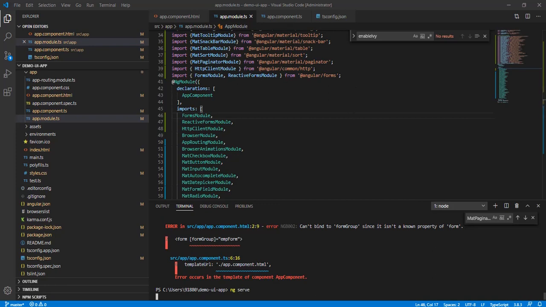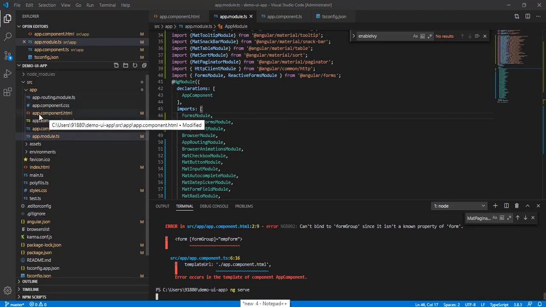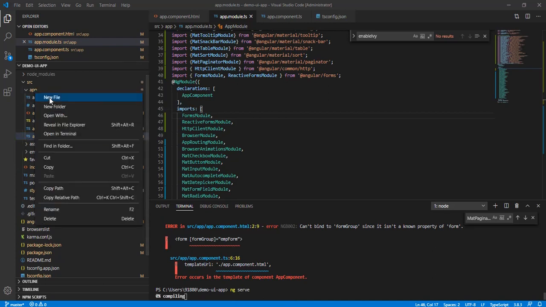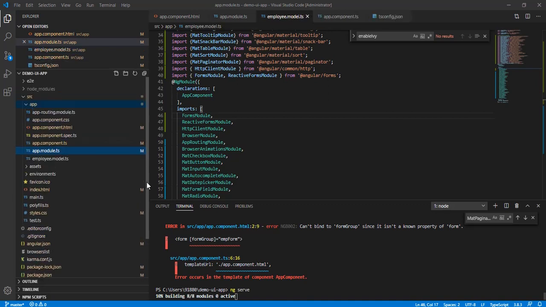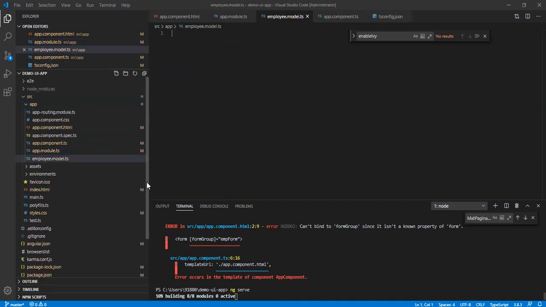Okay, so next stuff is we have to create our model. With that model, we're going to interact with Spring Boot by sending and receiving the same object. So let me create a new file, employee.model.ts. Okay, so I've created it. So I'm going to export class employee,